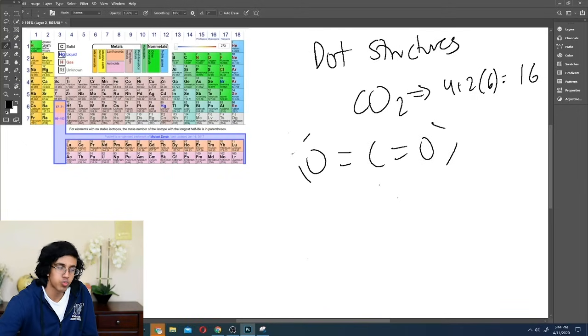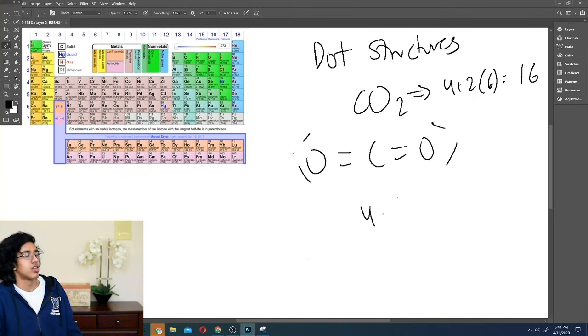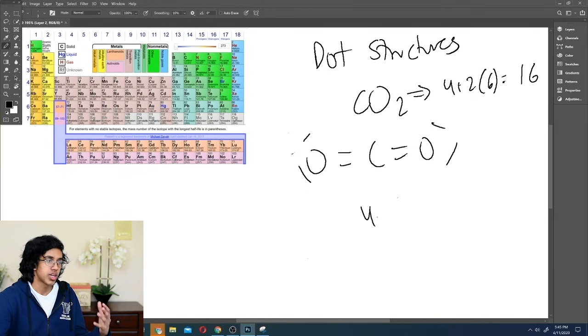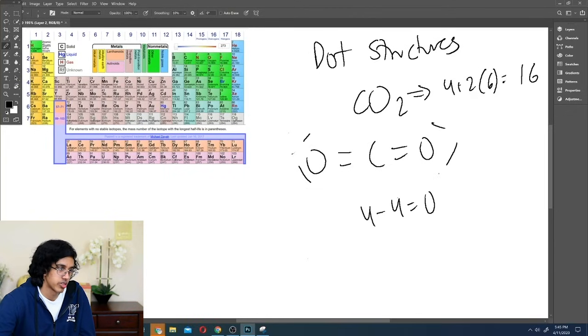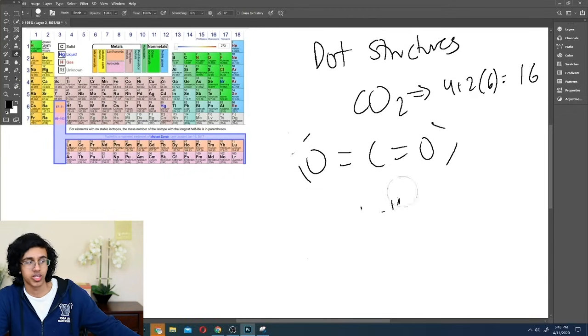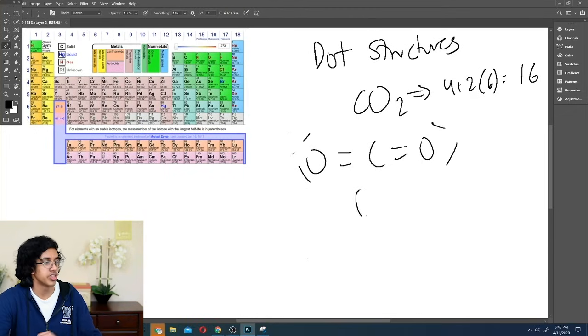So basically your formal charge, the way I like to do it, is you take your valence electrons. For carbon, you would do 4, and then you subtract the number of bonds and the number of lone pair electrons, the electrons that are not in bonds. So for carbon, it's pretty easy, right? Because we just got 4 bonds surrounding it, so its formal charge is just going to be 4 minus 4 is equal to 0. However, for oxygen, it's kind of epic because you do 6,